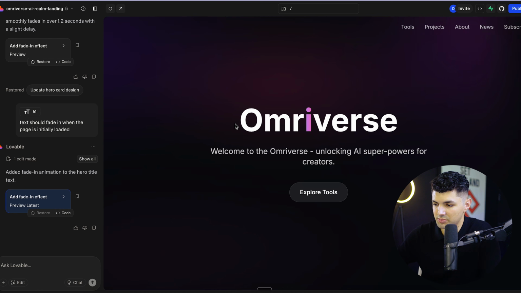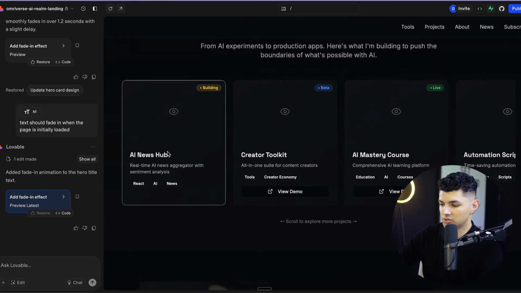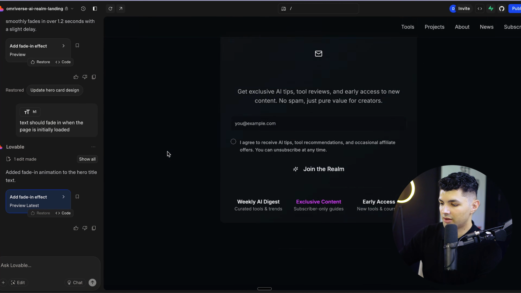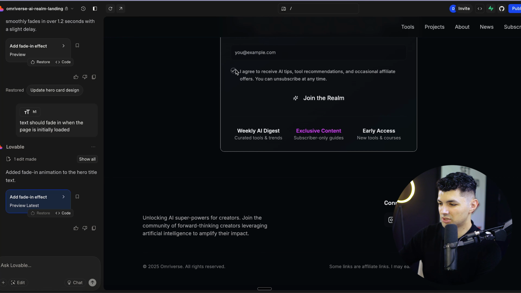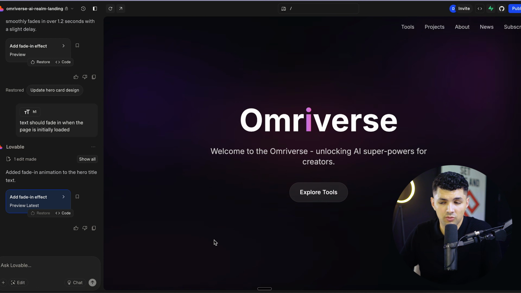So we have this page right here. Obviously we have the little Aurora in the background with my colors, and we have all of our other sections beautifully loading into our page just like this. Everything looks great. We have our buttons, our input boxes, we have all of our social medias, and everything looks great. But the first thing was we went to ChatGPT and talked to it about our project,